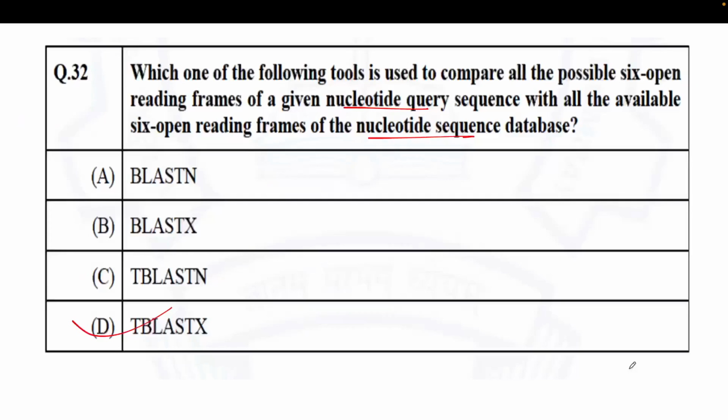So that's why the correct option will be option D, because here it is asking about the nucleotide query search against the nucleotide sequence databases. The 6 open reading frames, that you have to remember. Otherwise it would be normal BLASTN if it were asking about a nucleotide query sequence searched against the nucleotide sequence databases. But it is asking about the 6 open reading frames of a given nucleotide query against the 6 open reading frames of a nucleotide sequence database. So that's why the correct option will be